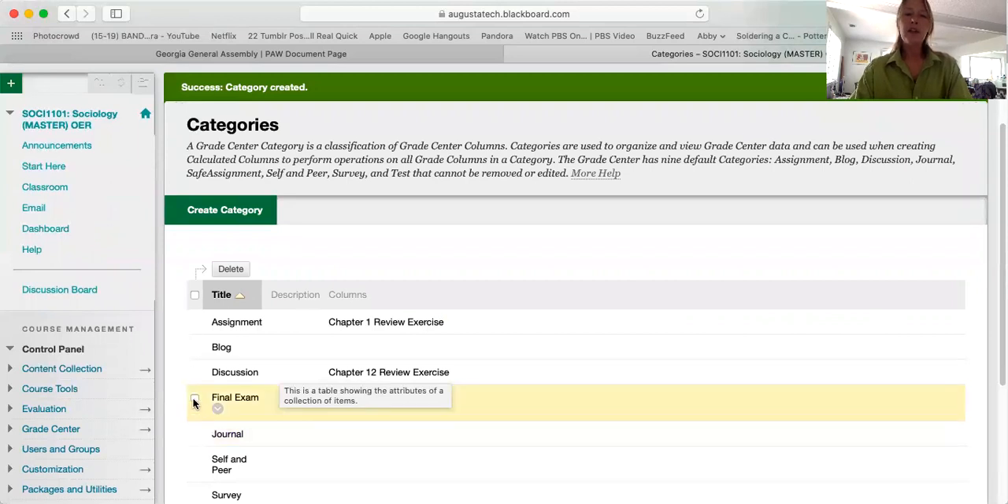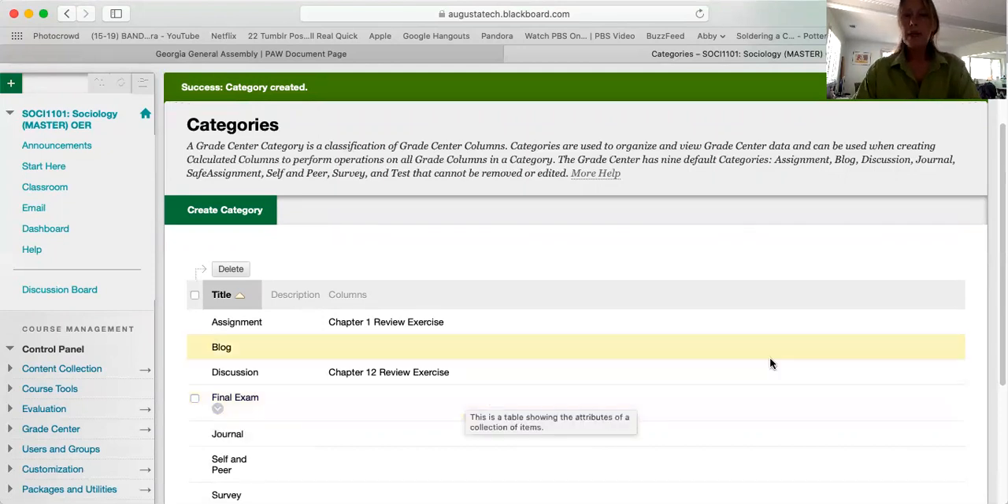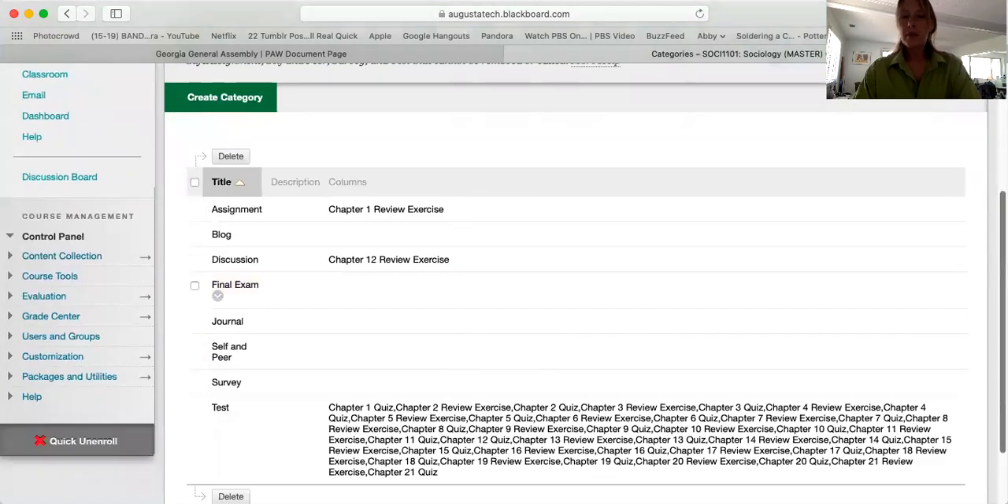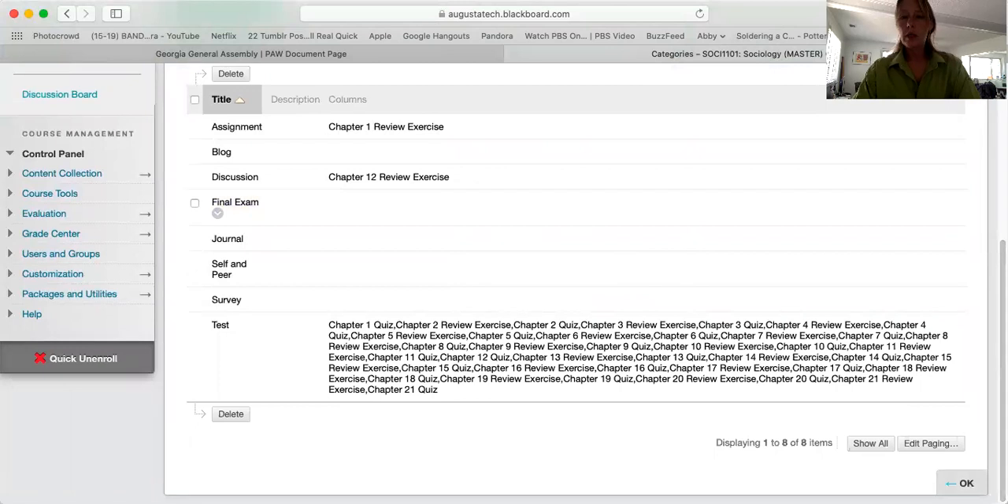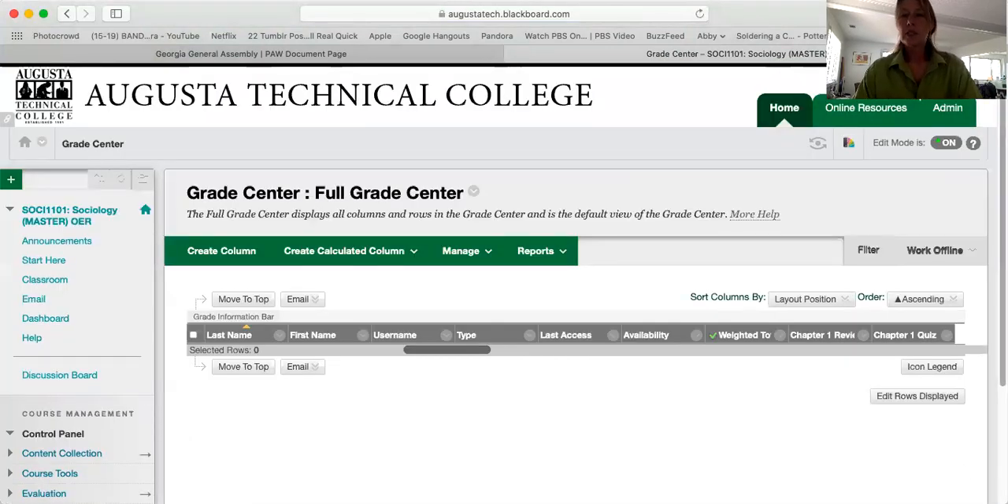This one that I called final exam, I can click on it here to delete it, or I can change the name of it by clicking on the options menu. All right, but I'm satisfied with the name of it. So I'm going to go here and I am going to